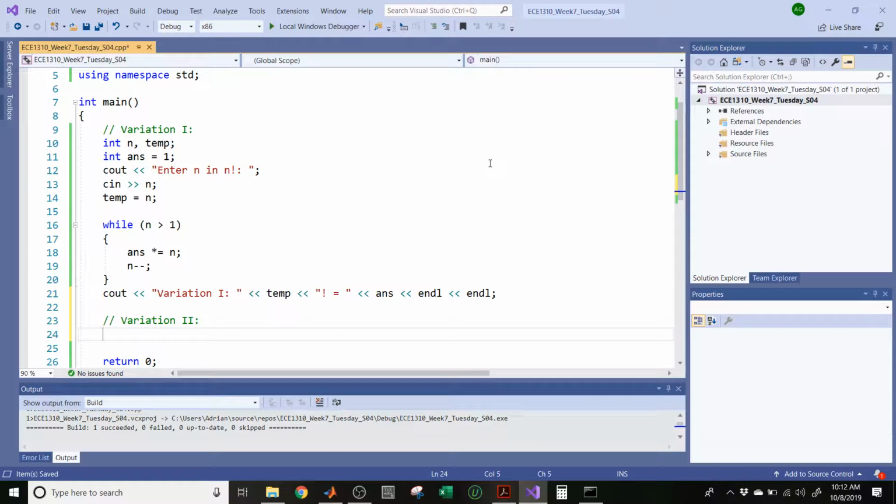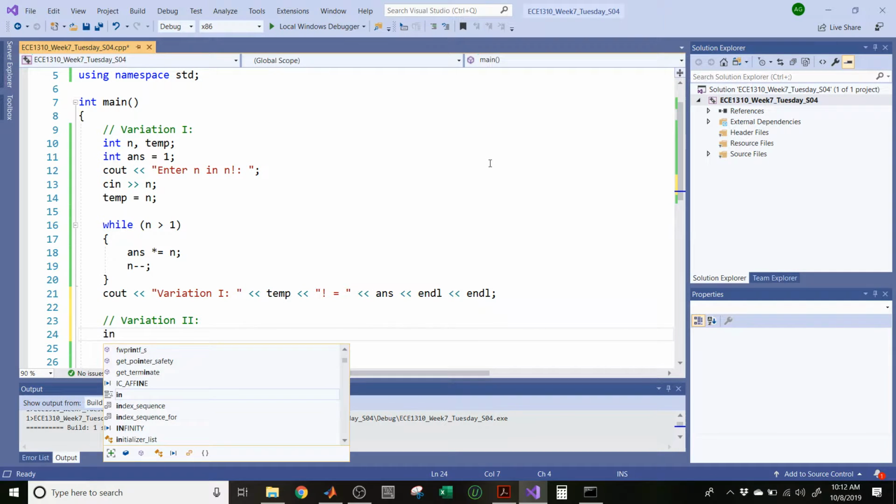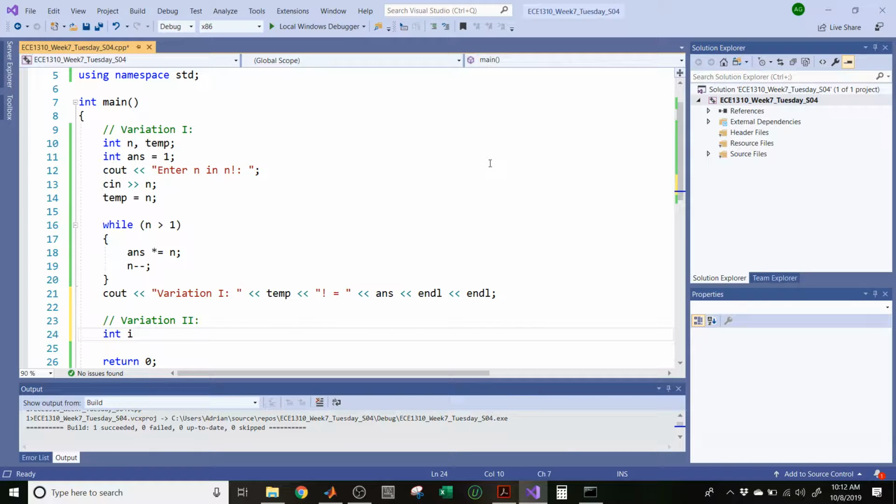Using a while loop 2. So the next variation is that you start from the smallest number instead of going from the biggest number to the lowest. You go from the smallest number to the biggest. So you can do int i equals 2, and then answer equals 1, reset the answer, and then copy this,